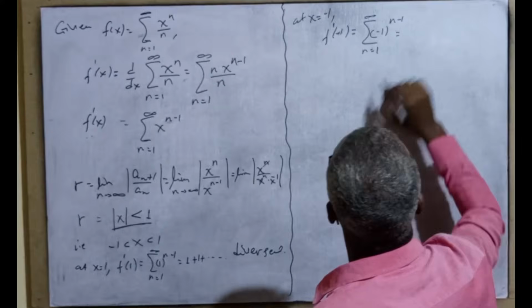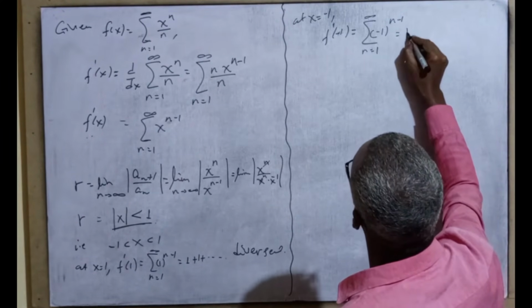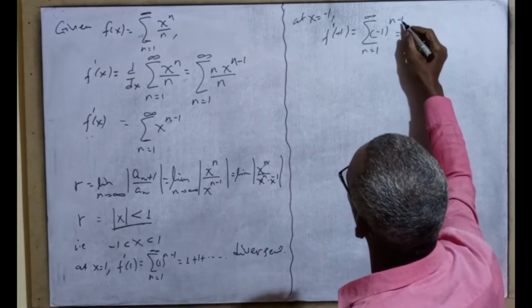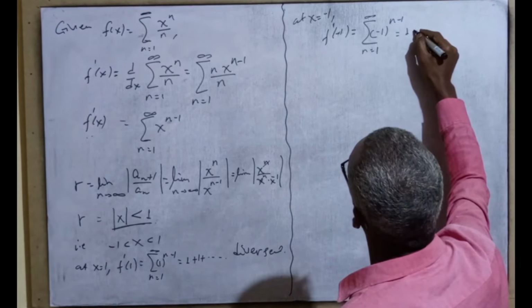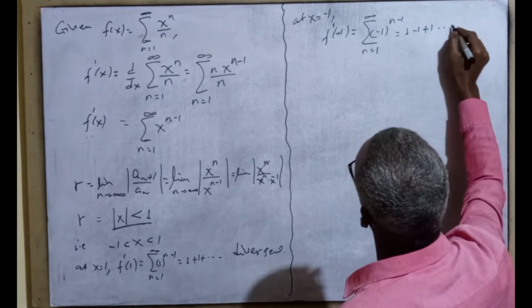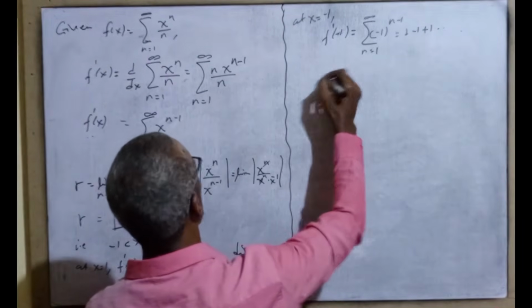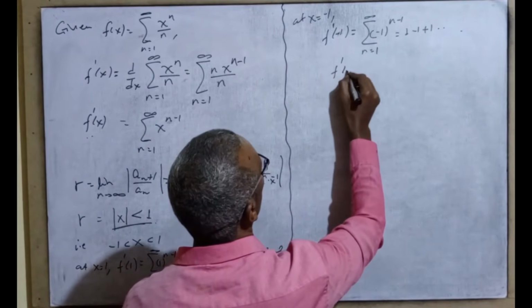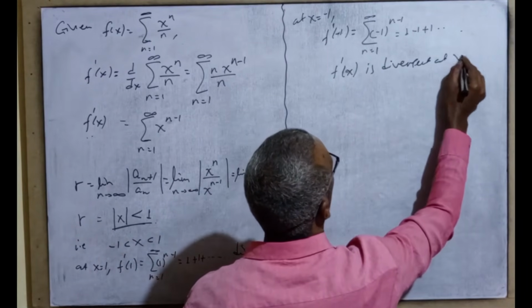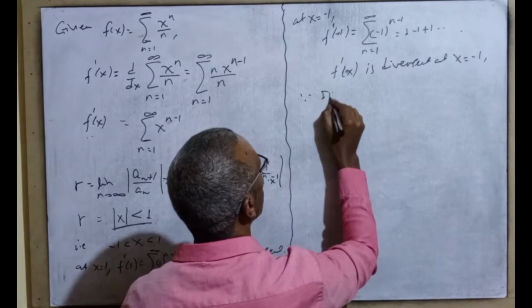When n is one, -1 raised to 0 is 1, when n is two, -1 raised to 1 is -1, when n is three it is +1, and so on. So again this is divergent. It is also divergent: f derivative of x is divergent at x is equal to -1. Therefore, the interval of convergence